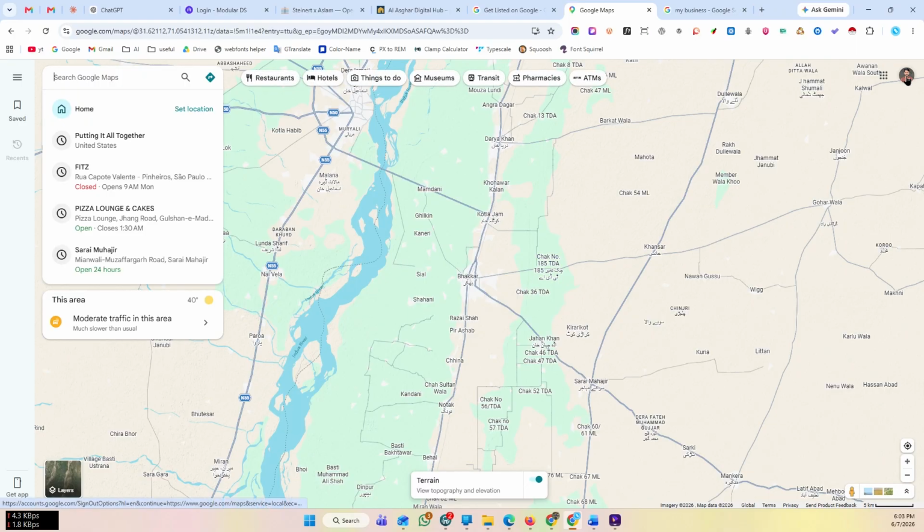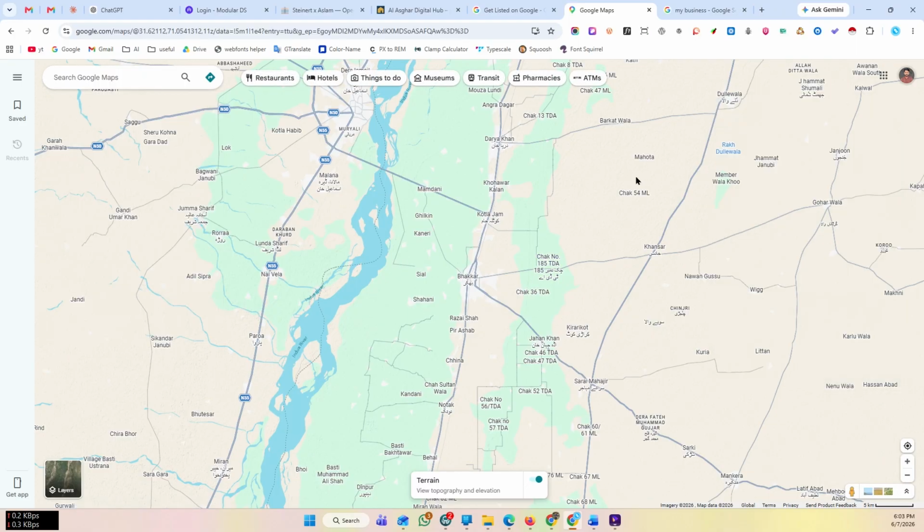Here, if on your browser you are already logged into your Google account, then Google Maps will also be logged in using the same Google account. So if possible, you can use the Google account that you will later use for your Google business profile. You can do the same process from the Google Maps mobile app, but for this tutorial I am using the desktop version. Once you click on the very first link, you will land on this Google Maps screen, and here you will be logged in with the Google profile. If you are logged in on your browser, then you can log in with the Google account you have, so that you can submit your location on Google Maps.